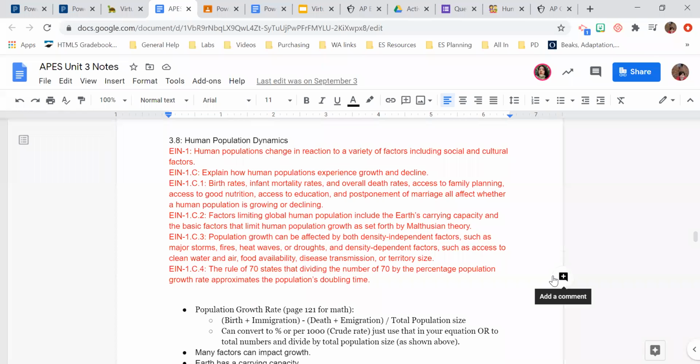So, kind of refreshing from the last time we were talking about human population stuff. When we talk about human population growth, we are going to be looking at the sex binary, so that we can look at who has a uterus and can have a baby, and who doesn't and can't give birth to a baby, because that helps us to analyze reproduction. So it really gives us a window into human fertility and reproduction rates. So when we talk about this stuff, we're going to look at it from that lens.